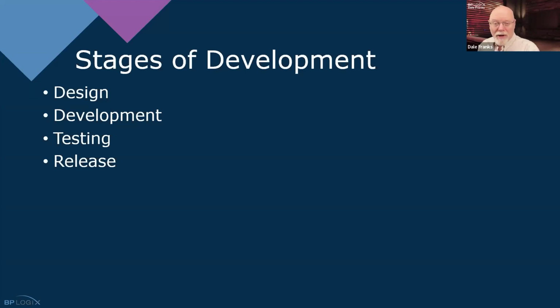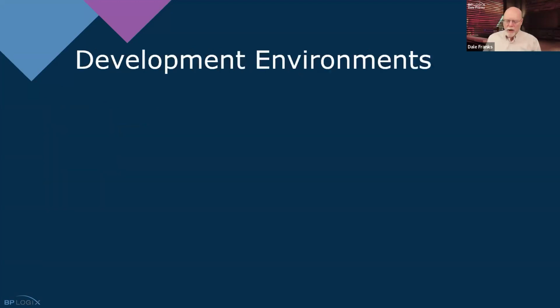That, by the way, is generally not the end stage. It's rare to have an application that you release and then that just stays static for years on end. This is an iterative process. At some point, there'll probably be requests for change, and you're going to want to go back. And when you do, you're going to need to repeat all 4 of these steps. So what we're going to do is discuss each one of these steps in detail, and I'm going to provide you some examples of how things work, and we'll just cover that as we go.